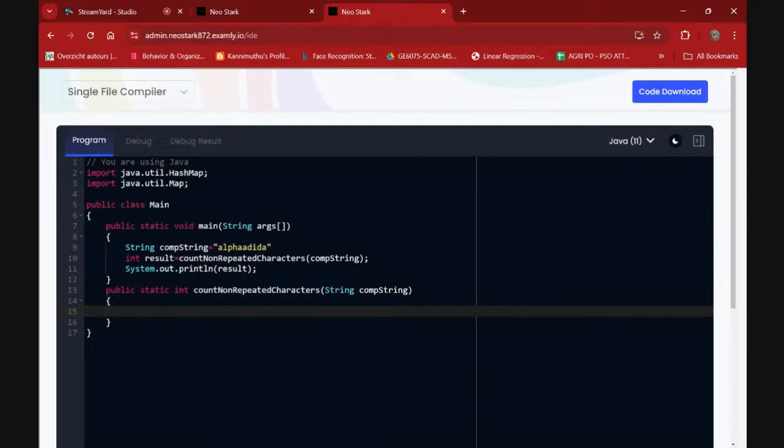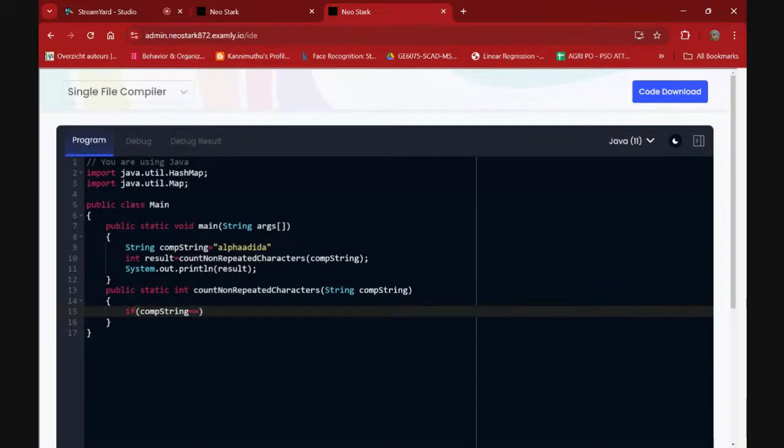The first test case that I have to consider is the empty string. What if my string is an empty string? If it is, you should return 0. So that is my first test case to remember.